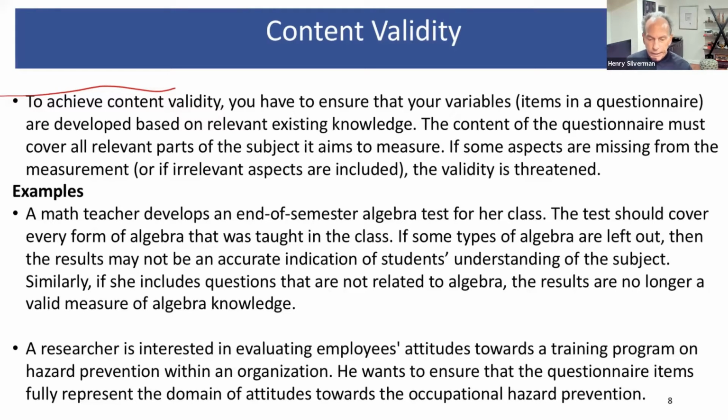So let's take an example here. A math teacher develops an end of semester algebra test for her class. The test should cover every form of algebra that was taught in the class. If some types of algebra are left out, then the results may not be an accurate indication of students' understanding of the subject. Similarly, if she includes questions that are not related to algebra, the results are no longer a valid measure